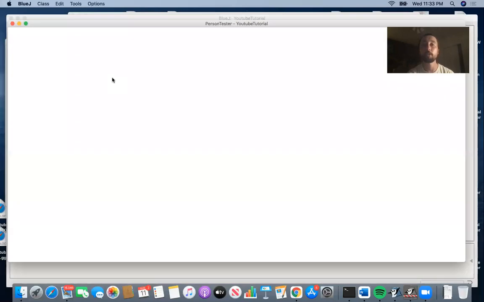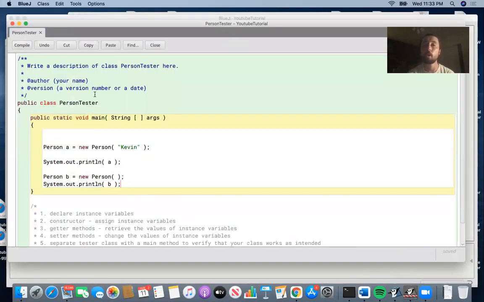And then we have a separate PersonTester class where all we have is a main method. We can create Person objects, and we have 2 Person objects here. One of them calls the constructor where we feed in just the name and the age is default. The other one calls the completely default constructor where we feed in nothing, and both the name and age are default. We tested out the toString method because we don't have to call a.toString. We can just call